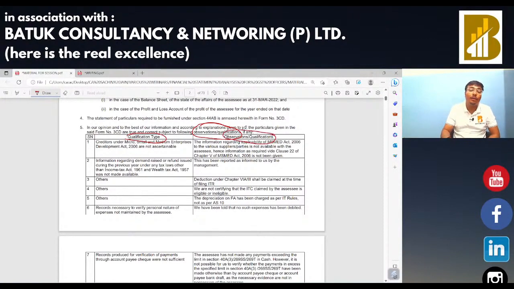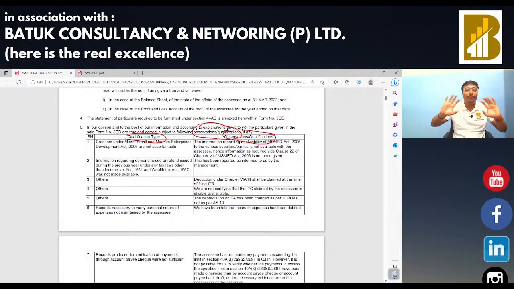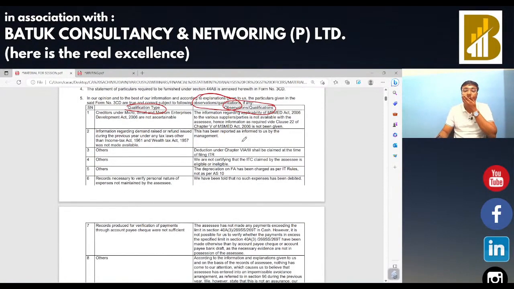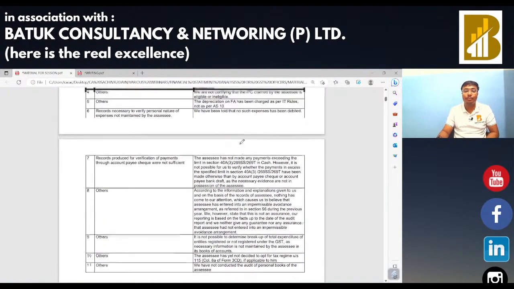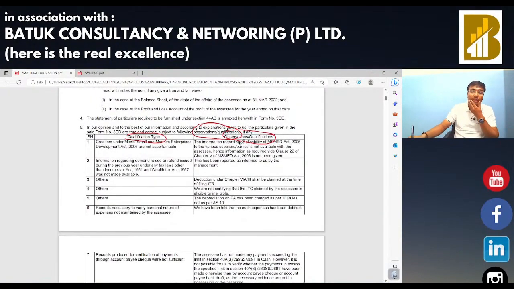These observations and qualifications are by the chartered accountant who has done the audit of that particular accounts. So we need to be very much careful for that, because अगर उसने कुछ रिपोर्ट किया है तो we can check the things. Okay, we can check the things that if there is any significant issue then the auditor has reported the same in the observation tab, so we need to check the same. So first I am going to read the discussion on certain observations which are provided by the chartered accountant. So in that particular case,